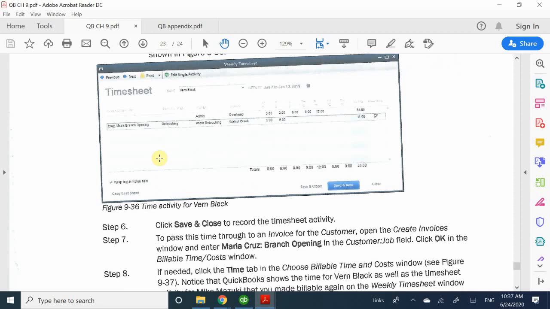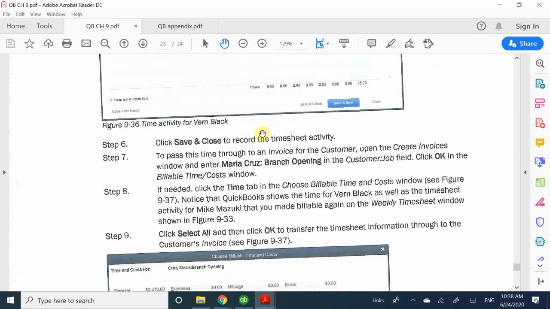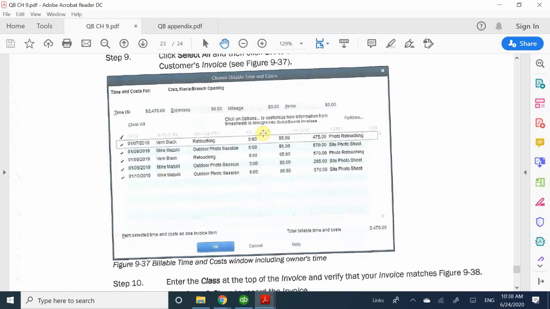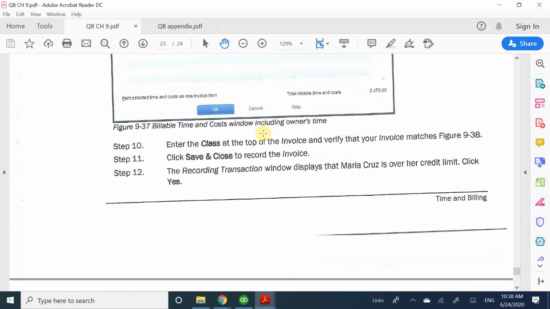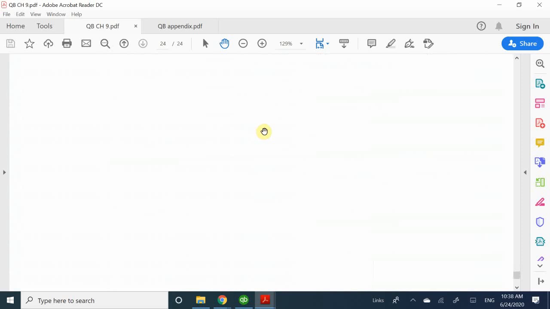Make sure that your name is under there, so when you do get billed, or you end up keeping track of how many hours it took you to complete the project, it's pretty straightforward from there. Okay, and then in the next section for payroll, we will be going over